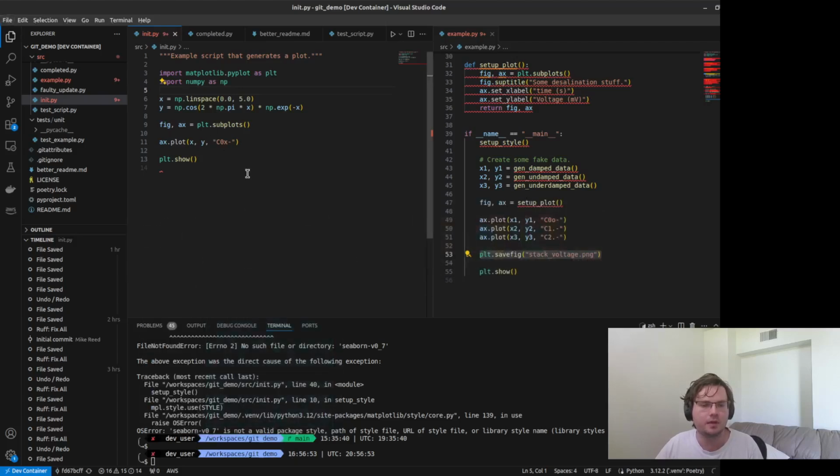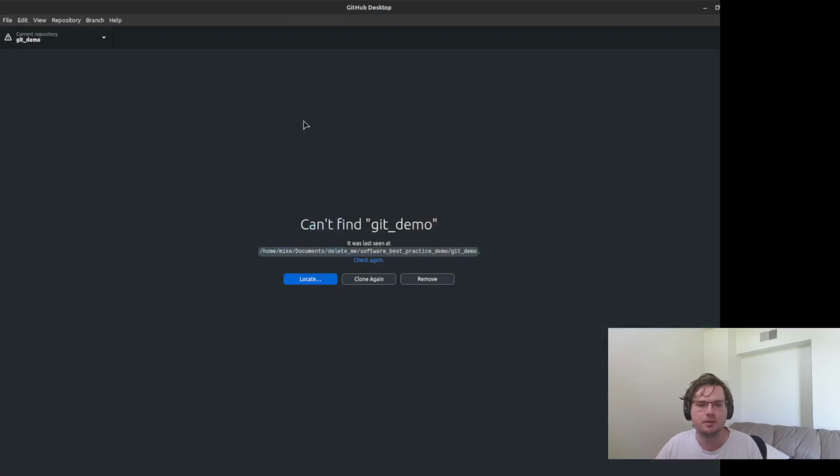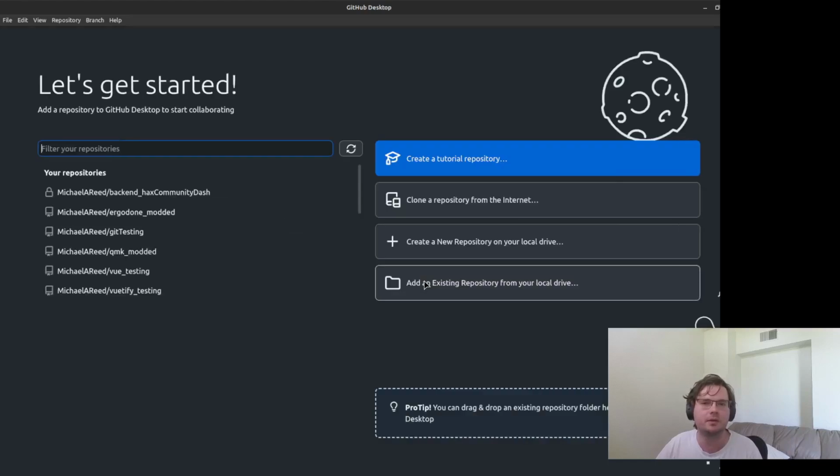And so the only information that I have is the files as they are saved right now. If I open up GitHub Desktop, you'll see that it's all lost. The good thing is that if you've done it at this stage, you can actually pull that information back down from the GitHub repository, because all of the information that I've pushed up is still available there. So I could hit clone again, and it will just clone all of that information, including any of the code in the current state that it is. But in this case, I don't want to. So I'm just going to hit remove, and that's just going to make GitHub Desktop forget about this repository.